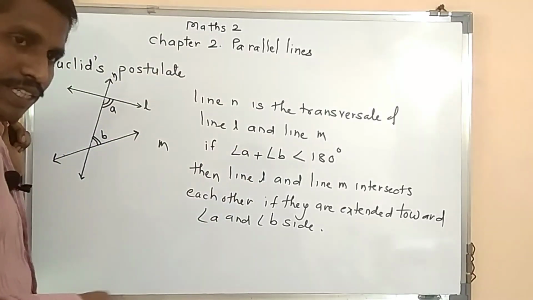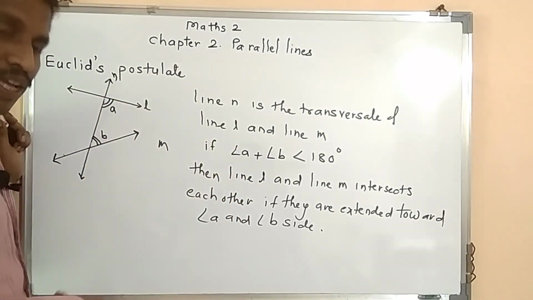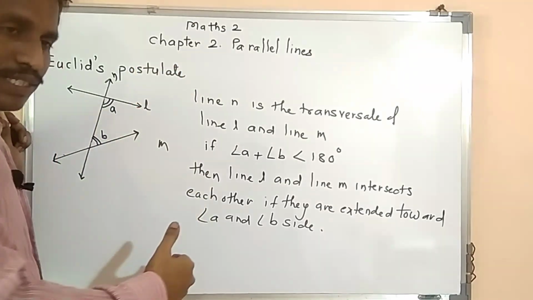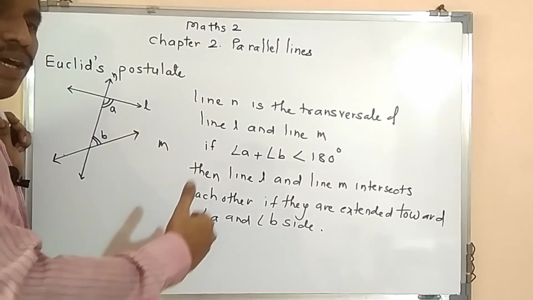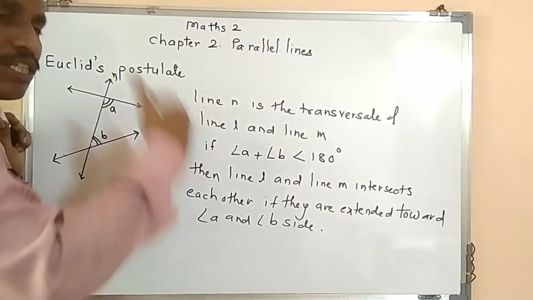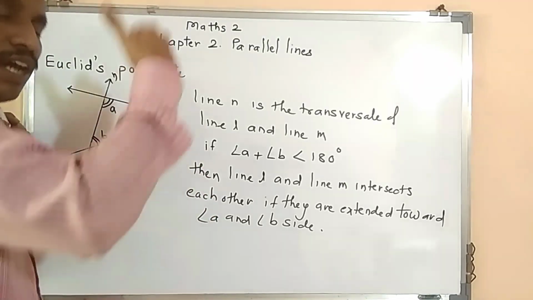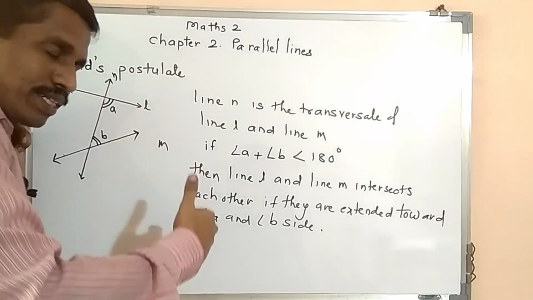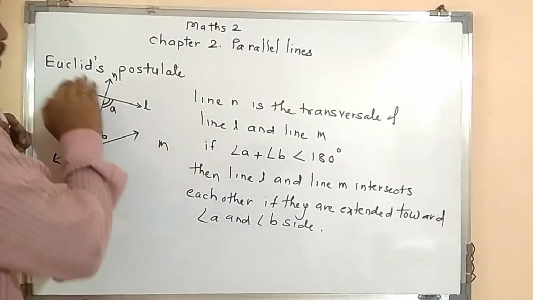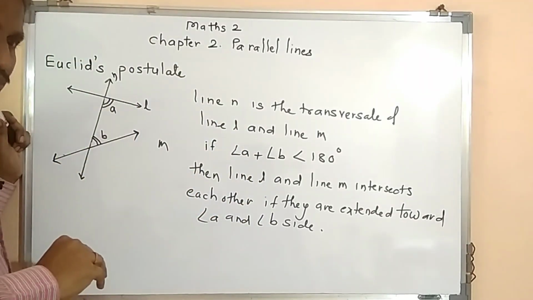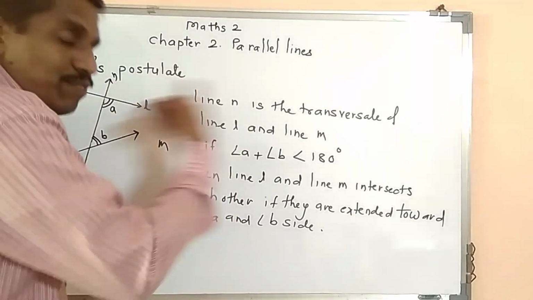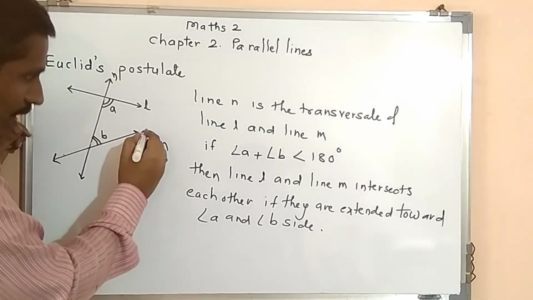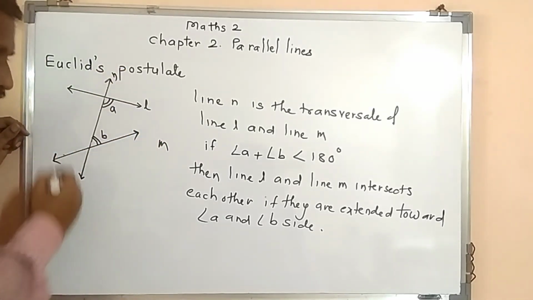In his geometry, Euclid assumed some properties which are very obvious, or true by themselves. Euclid assumed these properties are true, and these properties he called postulates. So what is Euclid's fifth postulate? If line L and line M are given, line N is the transversal,